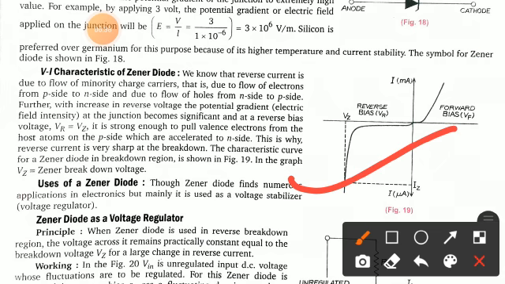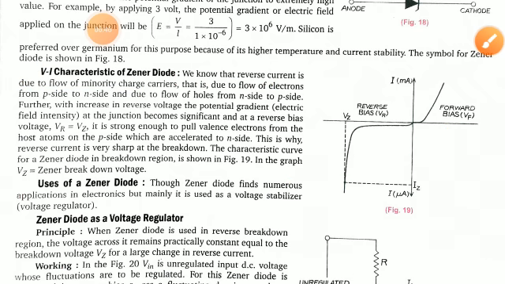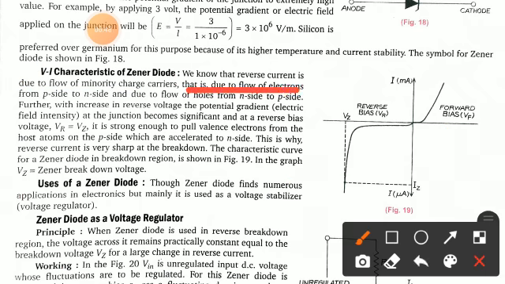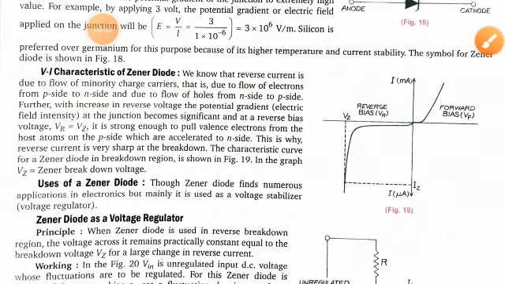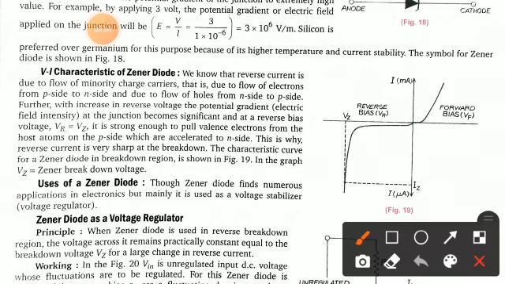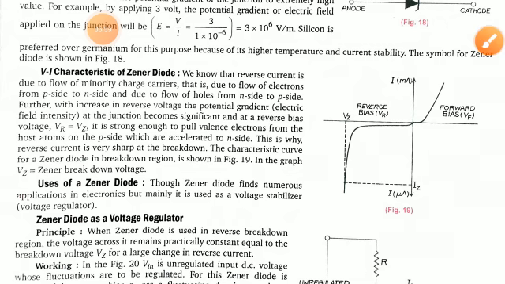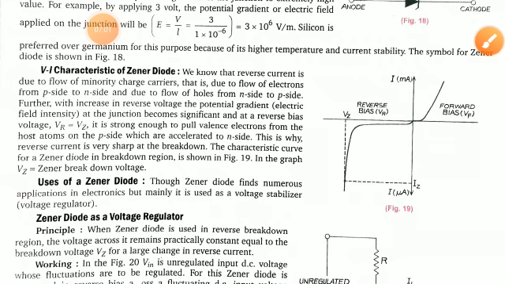This is also an important one. What are the voltage-current characteristics? We know that the reverse current is due to the flow of minority charge carriers. That is due to the flow of electrons from the p side to the n side and due to the flow of holes from the n side to the p side. Further, with increase in the reverse voltage, the potential gradient, that is the electric field intensity at the junction, becomes significant,